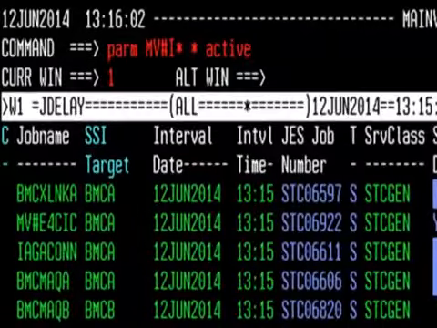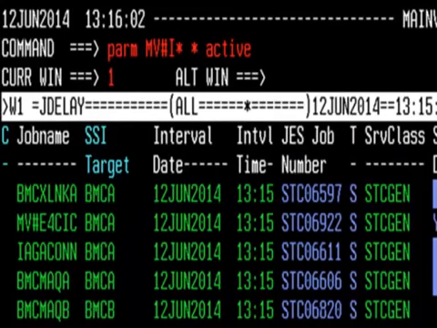In the command box in MainView Explorer and on the command line on a 3270 session, you enter the Parm, then the positional parameters you want to use. Again, we are using the JDelay view in this example. We enter Parm, MV#I*, space, *, space, active. So we are looking for all jobs that begin with MV#I with any amount of delay in an